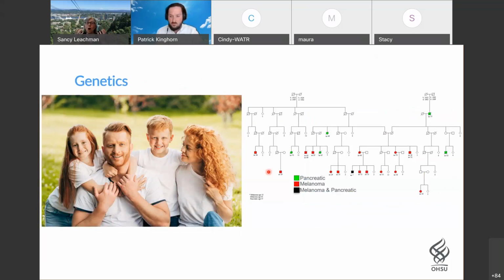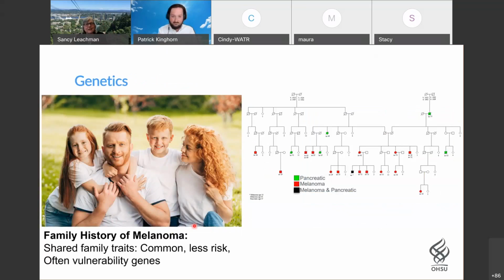So I want to show you, I mentioned, I think, that when you look at what causes melanoma, it's about 50% genetic and 50% environment, but there's a lot of overlap. And so what I'm going to show you here is a really beautiful family with red hair, and this is a family that might be at risk for having a family history of melanoma because they have shared family traits that put them at risk, like red hair and blue eyes and fair skin and freckles and all of those things that make their skin more vulnerable to getting that damage that causes the DNA. But